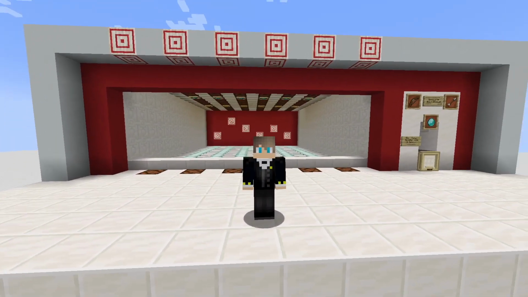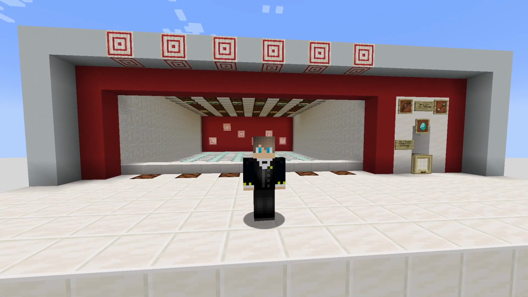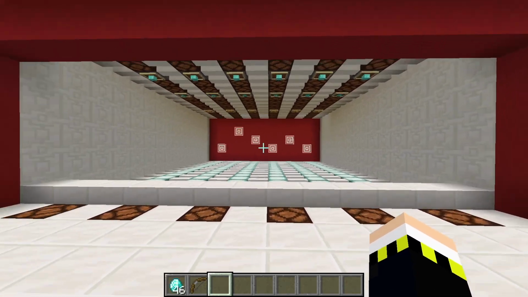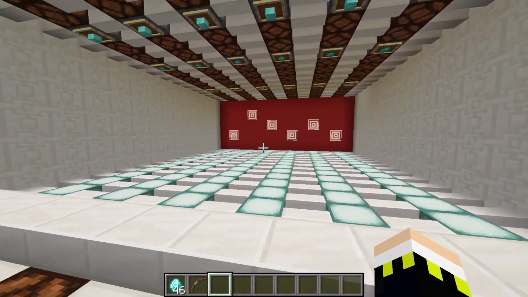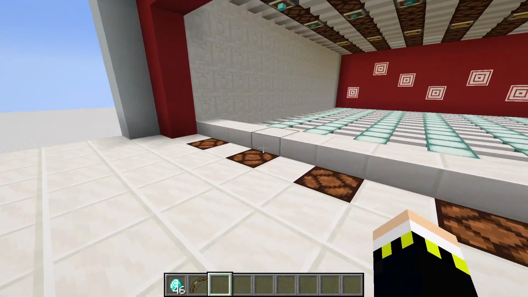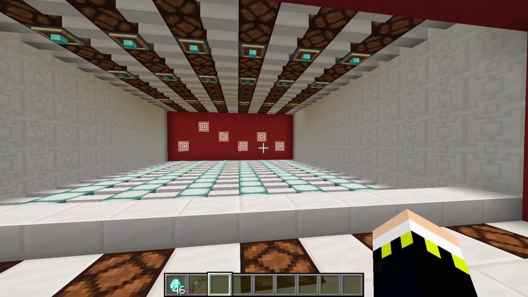So today I present you Target Shoot, a new minigame style casino where you can win stuff by shooting targets, as the name already suggests. And we have here a very nice shooting range where we can just stand here, we can see which lamp will light up, and then we have to shoot the corresponding target, and we have to shoot it in time,